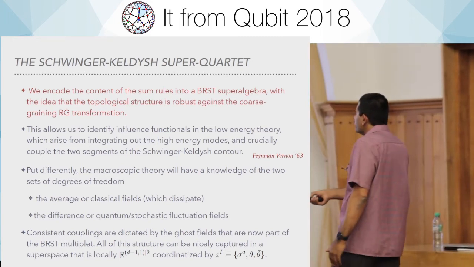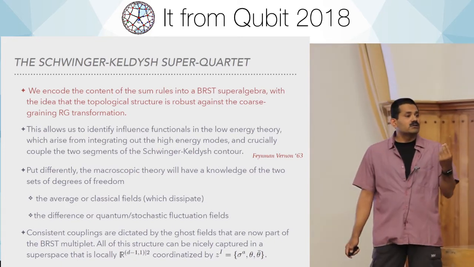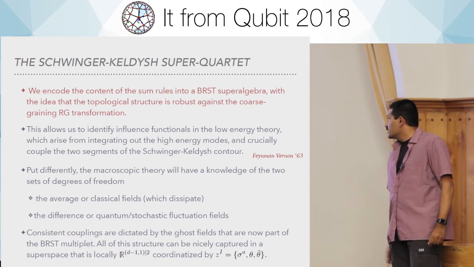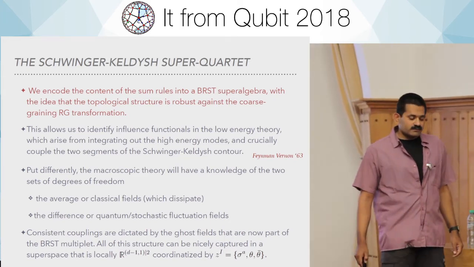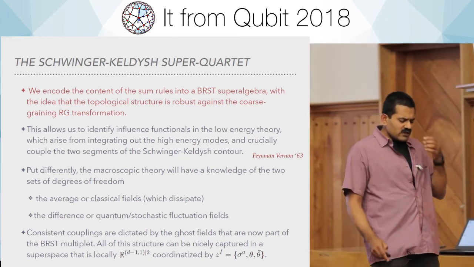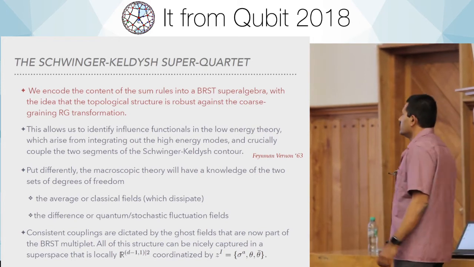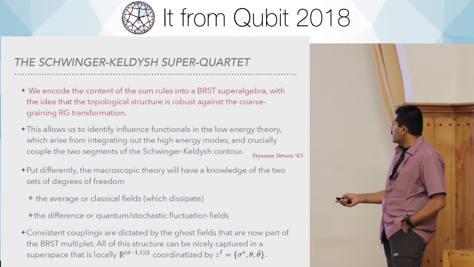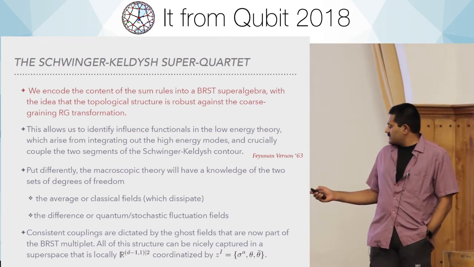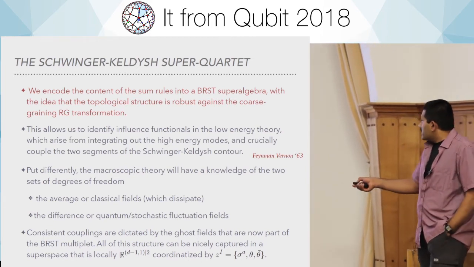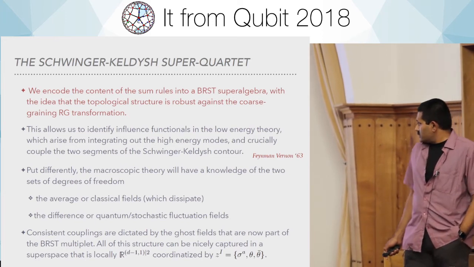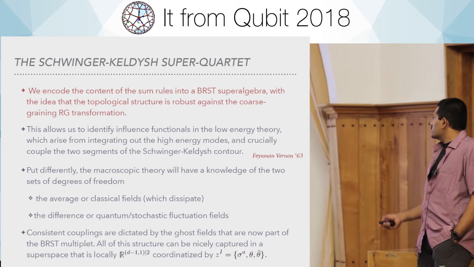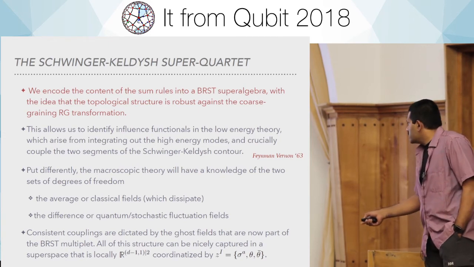And there has to be some set of variables that encapsulate those fluctuations. So there must be, in addition to the average fields, quantum stochastic fluctuation fields. Rather than give you a derivation or a motivation for where this comes from, I'll just say that all of these couplings, how the average and the difference fields are coupled in terms of these influence functionals, can be understood by